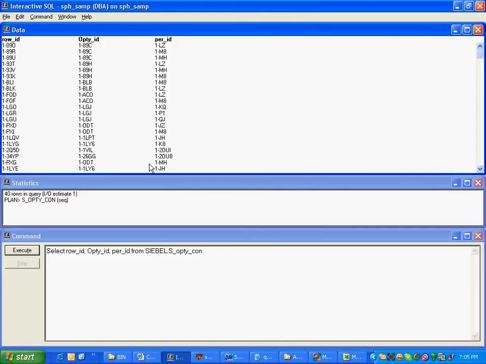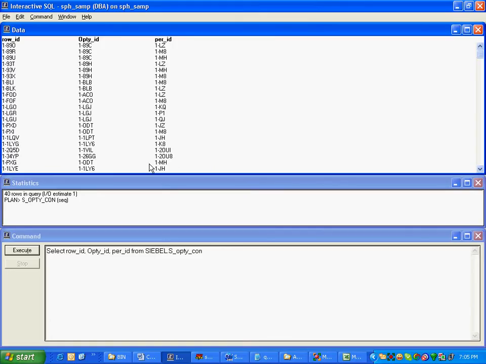Opti ID is the foreign key to the opportunity table. Per ID is the foreign key to the person table, that is the contact table, right? PR is basically person. He should have named it con ID, to be more consistent. But this is one mistake that Siebel has done over and over again, and you cannot point fingers at this guy. Whatever is done, just take it.